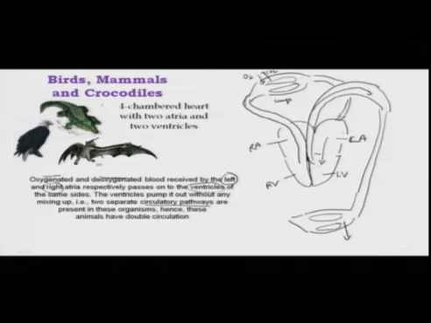Here the exchange of gases takes place in the opposite manner. Oxygen comes out and carbon dioxide goes in, and then the deoxygenated blood is returned back into the right atrium. From there, it passes on to the right ventricle and again goes out towards the lung to get oxygenated. So, this is the entire circulatory system that is present in the birds, mammals and crocodiles, and this is a